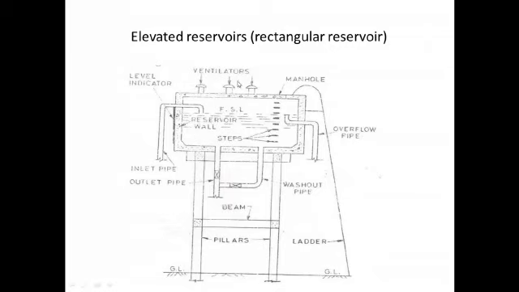And here you can see the inlet pipe, wherein the water will be pumped to these elevated reservoirs, and here you can see the outlet pipe, and this is the washout pipe. And to access this reservoir, there will be a ladder provided from the ground level, and a manhole will be provided through which the personnel can enter here and clean this. And to access the bottom, there are steps being provided.